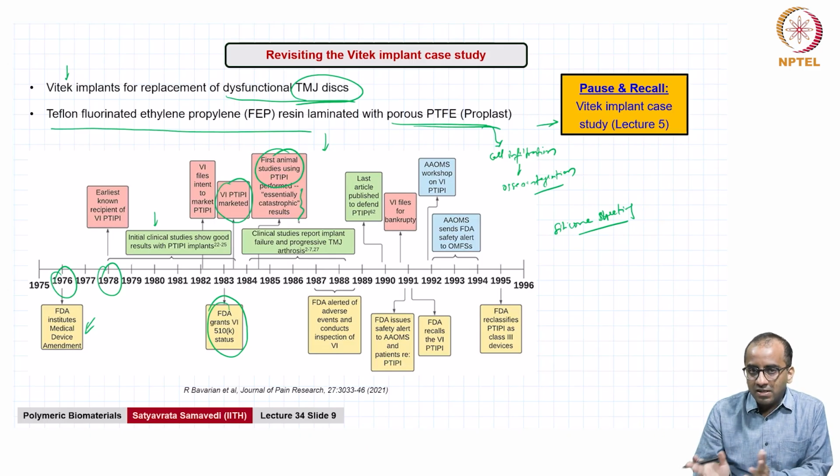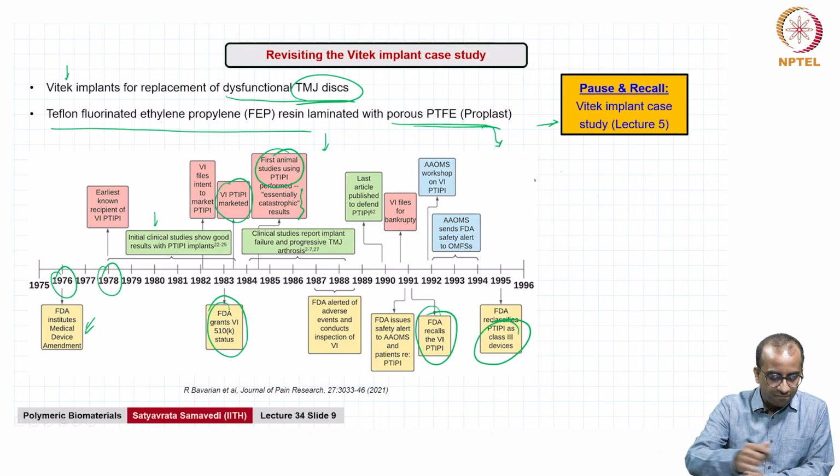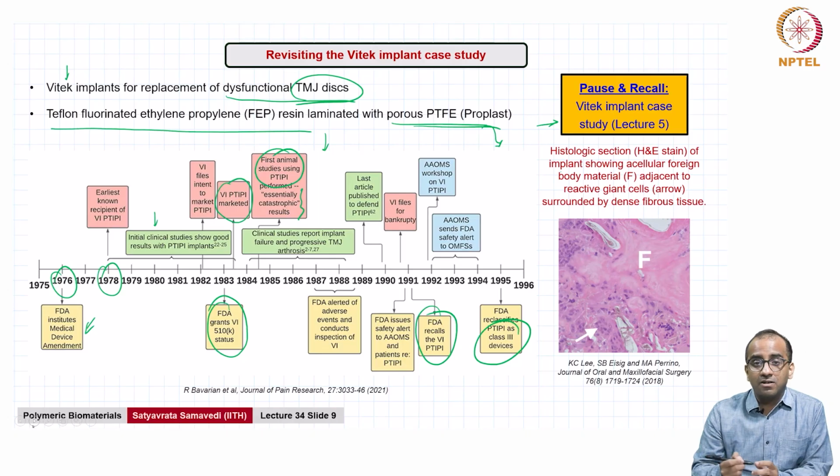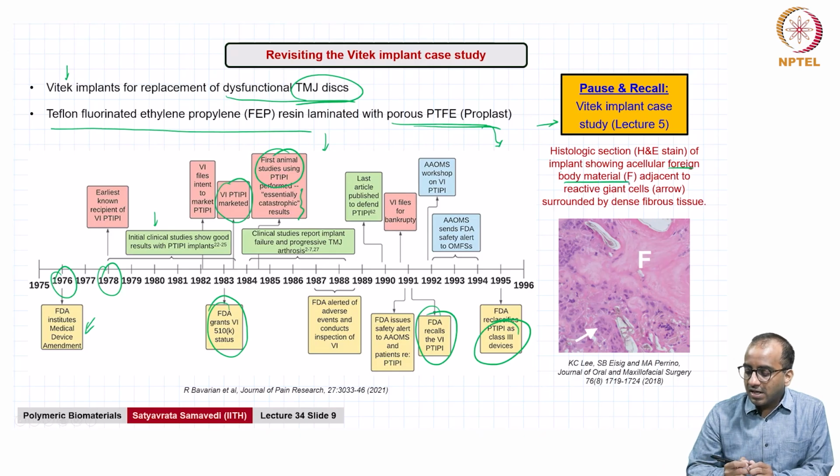Anyway, ultimately the FDA comes to know of it and then reclassifies it as a class 3 device and eventually withdraws all the implants from the market. Okay, that's what happens here. And just to drive home that point about severe FBR, we'll also look at an H&E stain histological section of the implant showing acellular foreign body material adjacent to reactive giant cells. So, that is what is shown here. So, this is severe FBR,